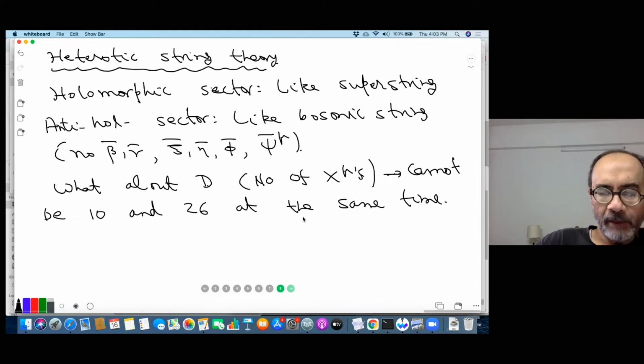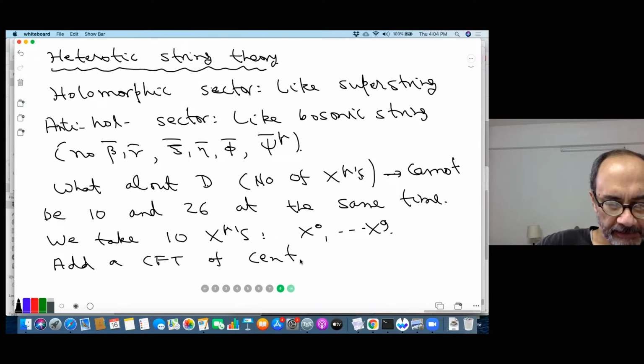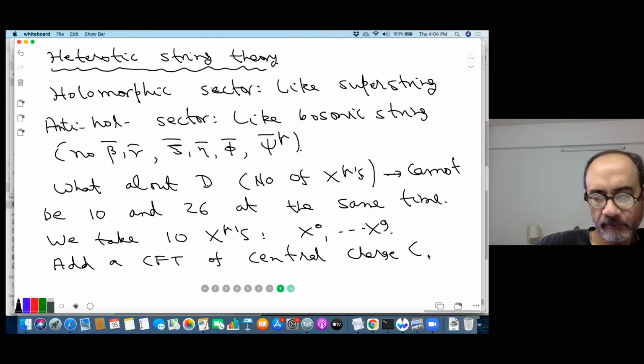Okay. So what one does in this case is that we take 10 X mu's, okay, so X0 to X9, and then we add a CFT of central charge 16,0,